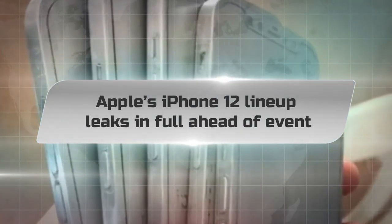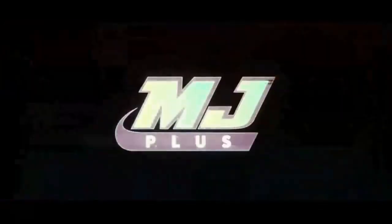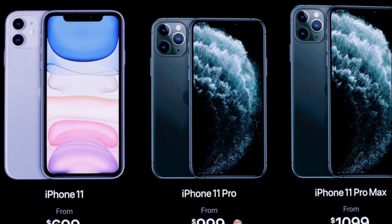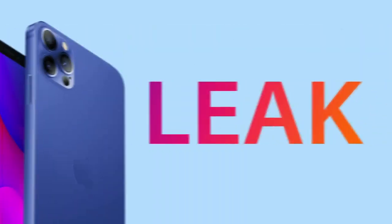Apple's iPhone 12 lineup has leaked in full ahead of the event. Apple will release its latest iPhone in just a few hours. But if you can't wait until the official announcement, all 4 new phones have leaked in full, thanks to noted